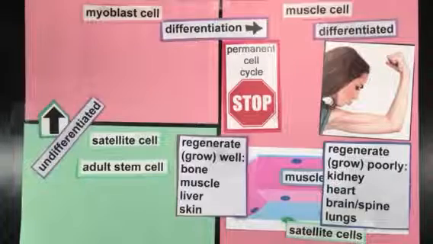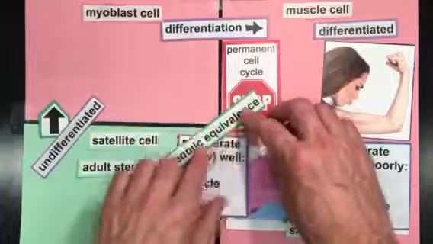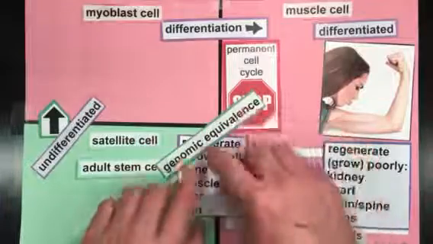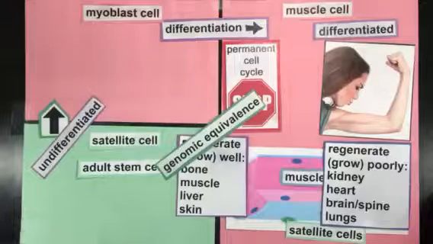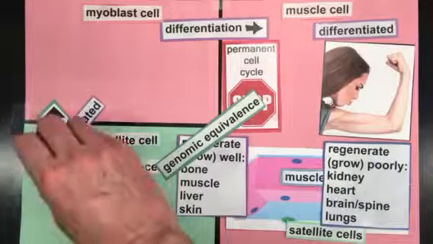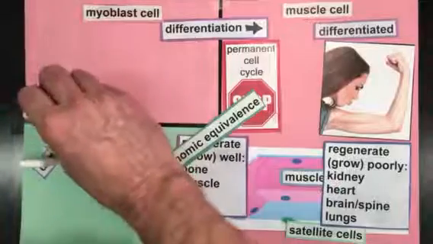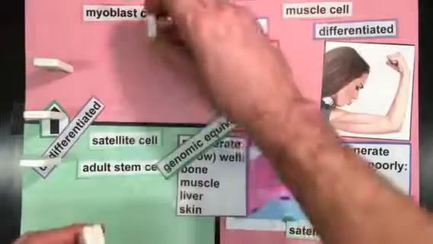One of the important concepts here is that all three of these cell types feature genomic equivalence. They have all the DNA needed to make muscles or any other cell in the body. And what's going on here is that we just have a longer cascade of dominoes falling in this story now.